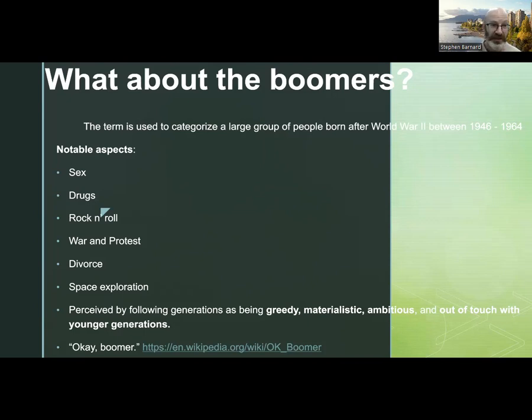Sex, in particular, sex before marriage, which became much more common. The use of drugs as part of youth culture. Rock and roll as a form of youth identity. War and protest, increasing divorce as they got older, space exploration, and as they got older and older, and now